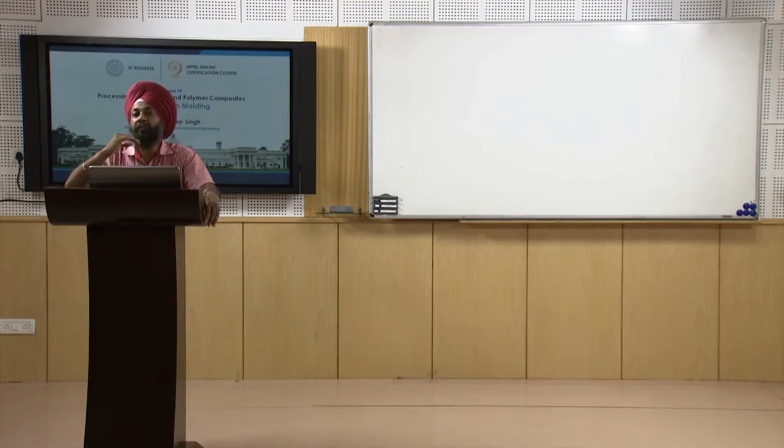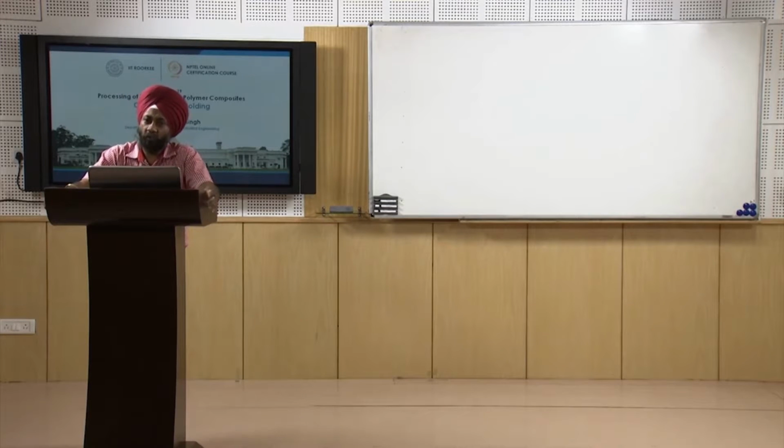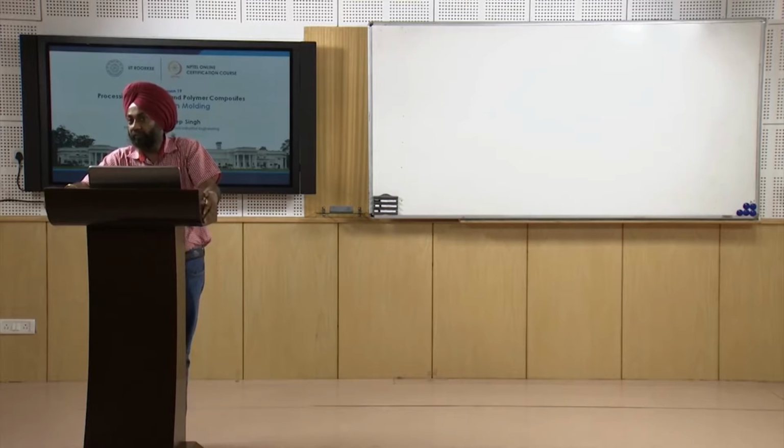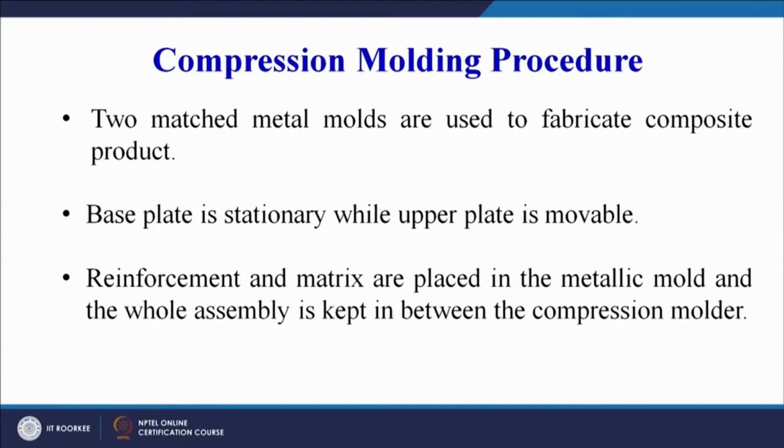Then we will stack up the different layers depending upon the final product that we want to make. It can be maybe 0.5 centimeter thick or maybe 5 millimeter thick, it can be 8 millimeter thick, it can be 1 centimeter thick or 10 millimeter thick. That decision we have to make based on the design requirement. Based on that we will lay different layers one by one, and accordingly we will get the desired thickness. So the reinforcement is fibers, matrix is polymer.